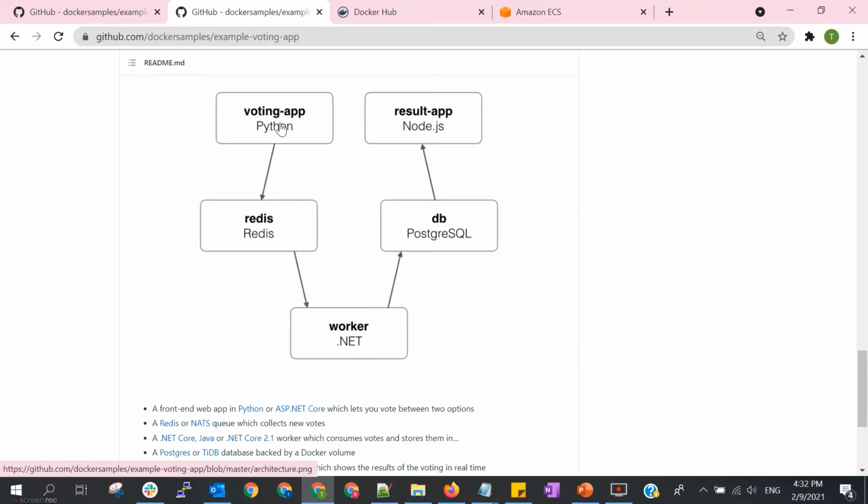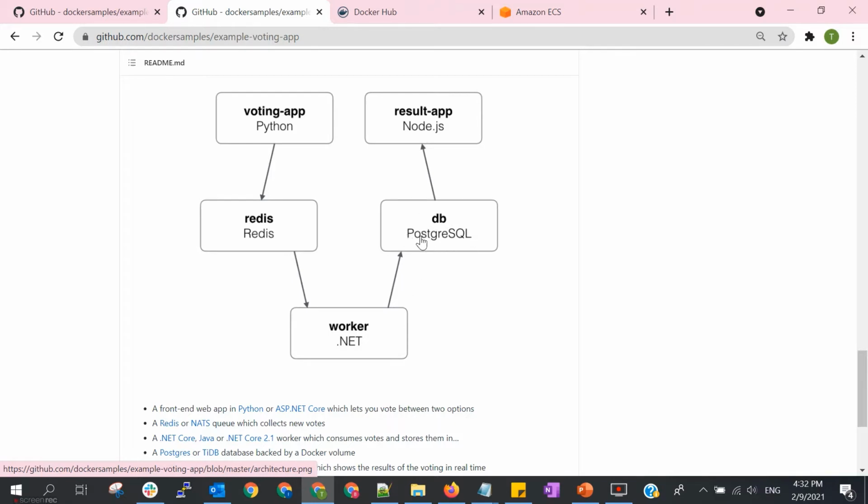Whichever one you choose, after we vote, it will be pushed to Redis, and Redis will catch our vote and send it to the backend worker based on .NET. After that, the worker will send it to the DB.